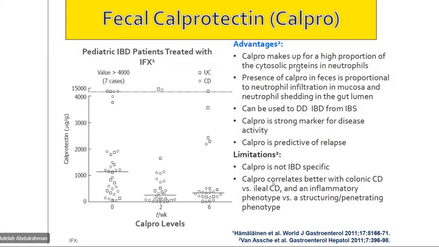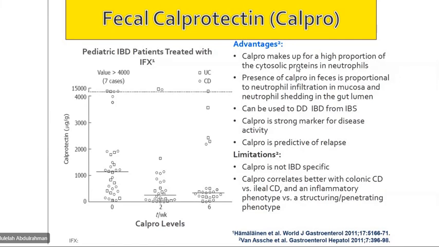And again, it's not specific for IBD. Any inflammation, even infectious diarrhea, gastroenteritis, or enterocolitis, will give you high fecal calprotectin because there is ongoing inflammation. So it's an inflammatory marker that's not specific for IBD. We use it usually for two reasons: either to differentiate IBS, irritable bowel syndrome, where there's no inflammation, from IBD in case of chronic diarrhea, or once we establish the inflammatory bowel disease diagnosis, we use it as a predictor or follow-up marker to assess